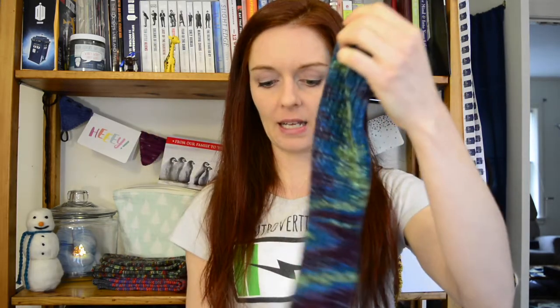And then when I got to the leg, because the pattern now goes all the way around, it's swirled. So I think these are super fun, and I think my dad's really going to like them. I was talking to my mom about what colors he might like, and she said that he mostly wears his